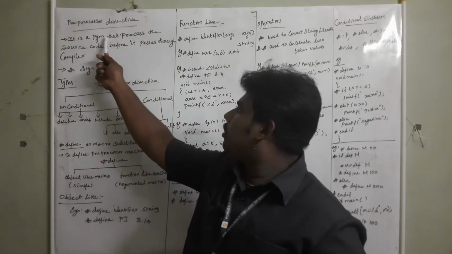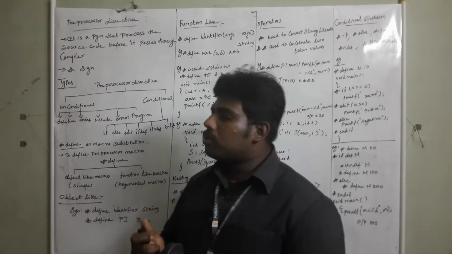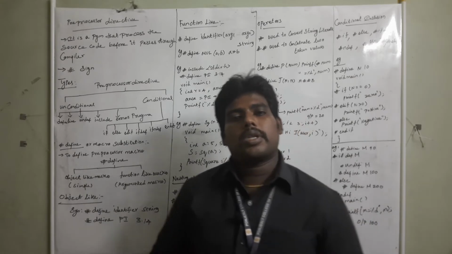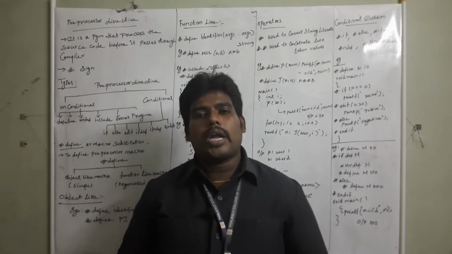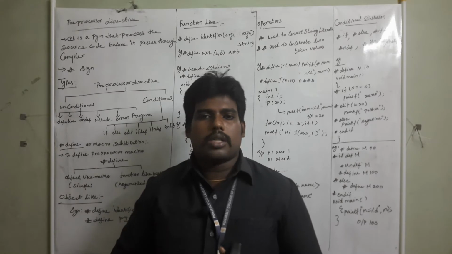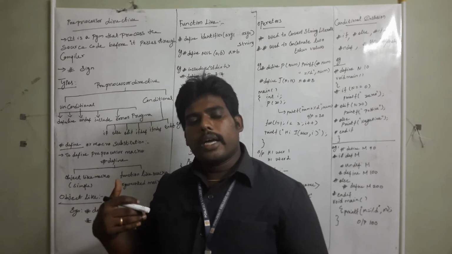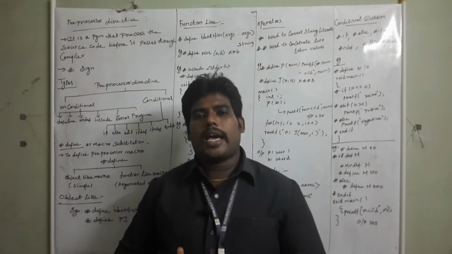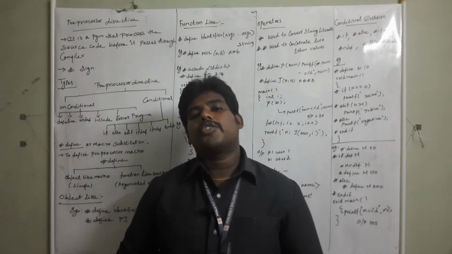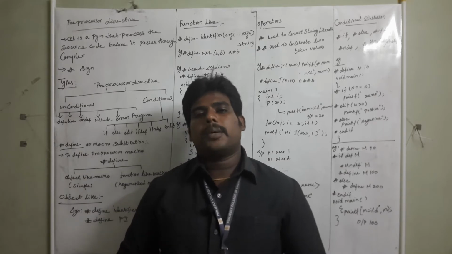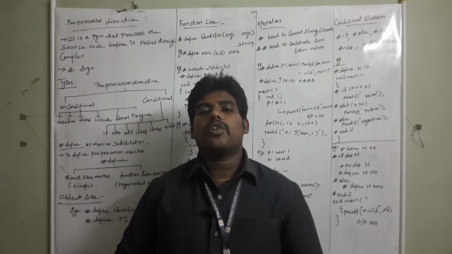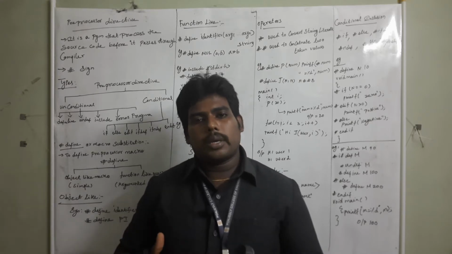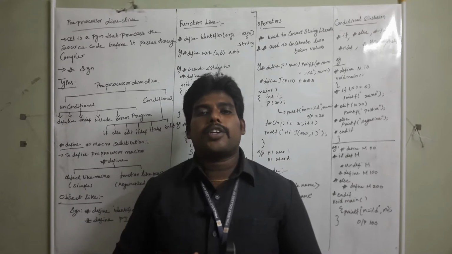So what are preprocessor directives? A program that processes the source code before it is passed to the compiler. What will happen is, once you execute the program, before the high level language is converted into low level language by the compiler, a few steps happen in between. The first step is that your preprocessor directive will be expanded. Actually it is not the program code. Before executing the program itself, your preprocessor directive works.